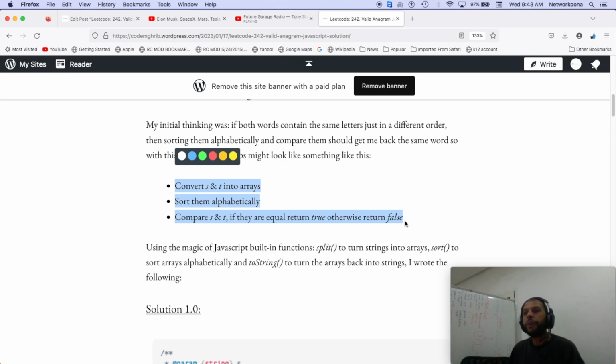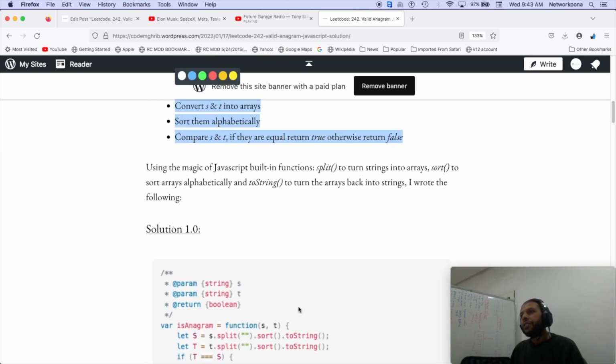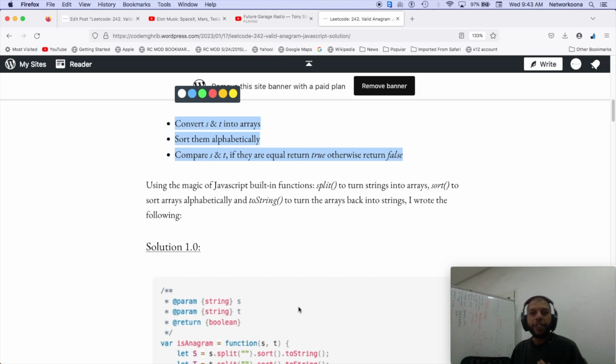Otherwise, I'll return false. Using the magic of JavaScript built-in functions, split to turn strings into arrays, sort to sort them alphabetically, and toString to turn arrays back into strings,